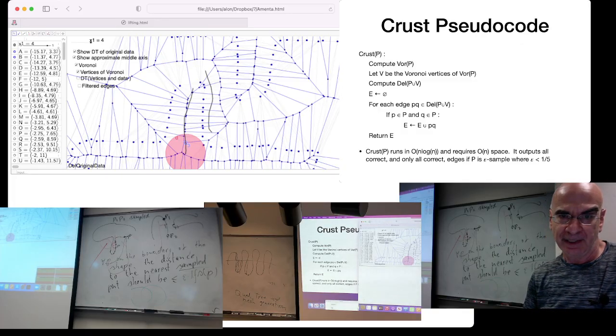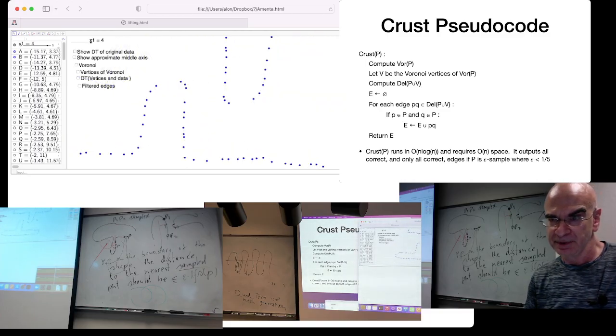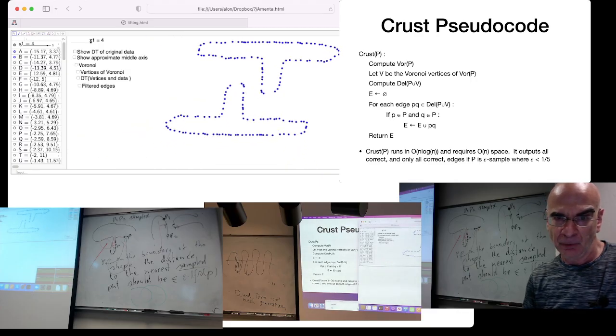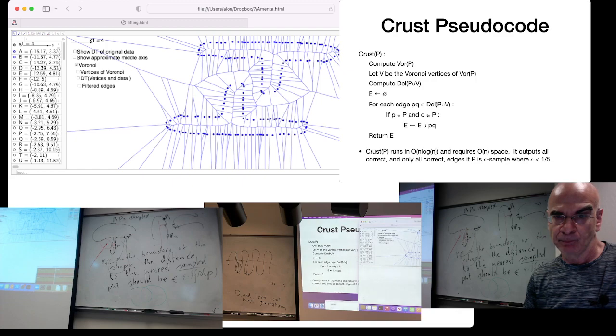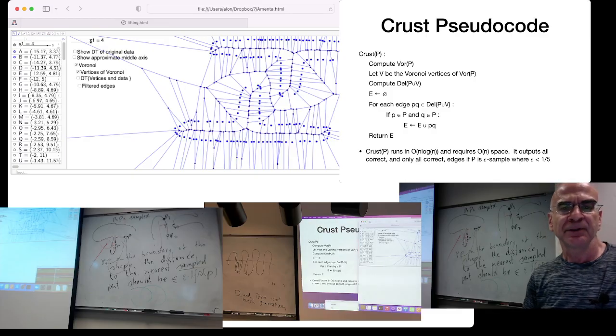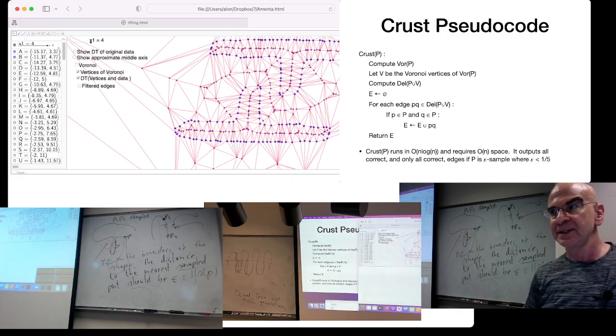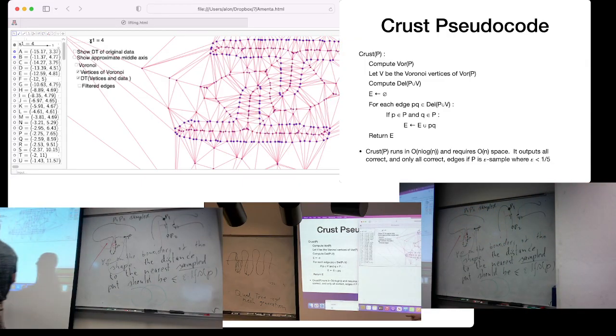I'll show you P once again. P are all the data points that you see over here. I look at its Voronoi diagram. I look at the vertices of the Voronoi diagram. And from this point, the Voronoi diagram doesn't play any role. Remove it. Create the Delaunay edges of this new set. What is the new set? Edges of the Delaunay of the original data points, union with all the vertices of the Voronoi diagram. Very surprising trick,